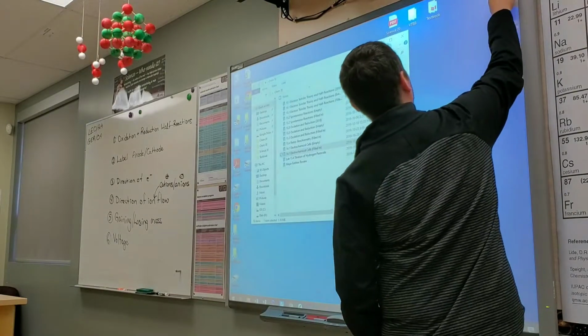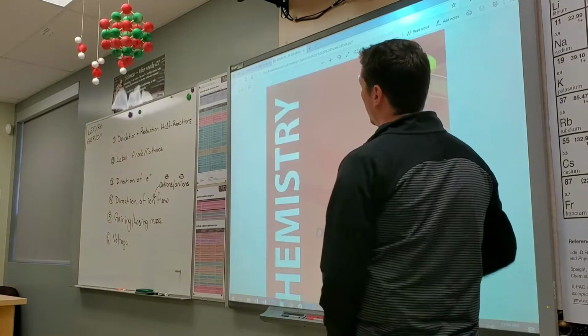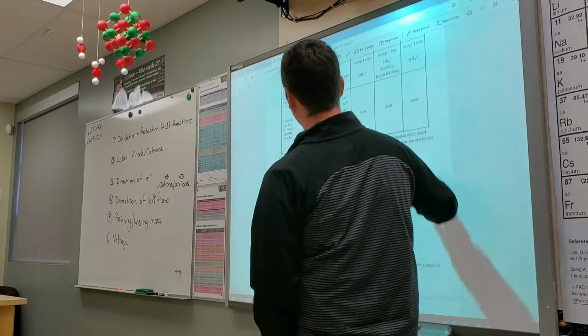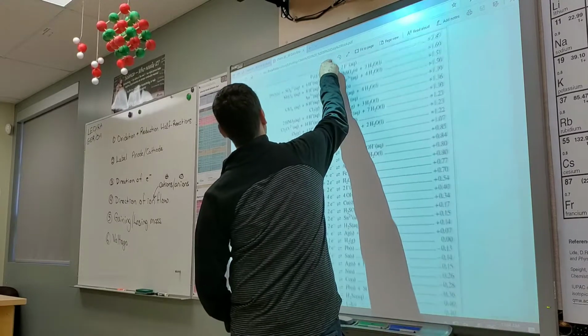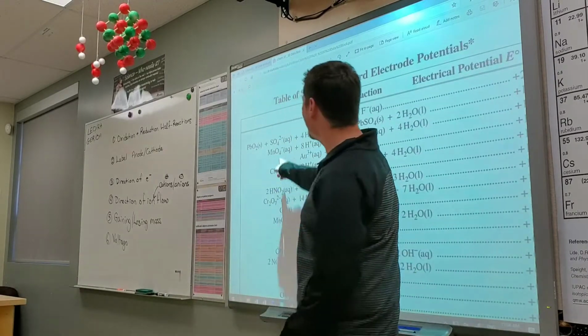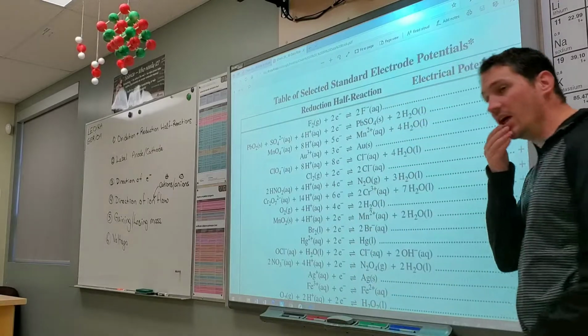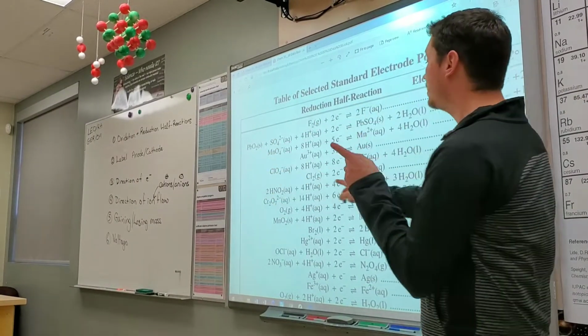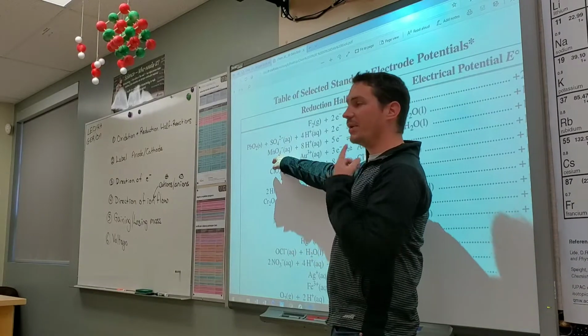That's not what I want. So when you look at the acidified permanganate half reaction, are there any solids in here at all? No, I don't see any solids in this half reaction at all. So what that means is we have to partner up. If we wanted to use acidified permanganate,